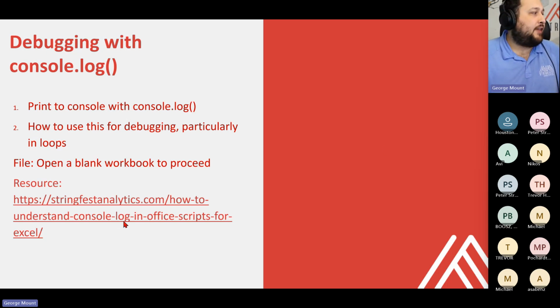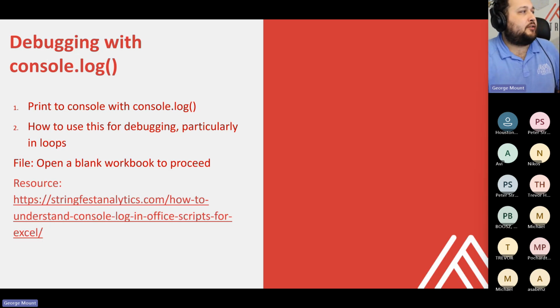Anyway, enough of that. Let's go ahead and dive into console log quickly here, and then we'll close the session. So console log is something we haven't really looked at yet, and this is another element of the Office Scripts environment. What this is going to do is print output out to our console. That might be familiar if you've used a programming language before. So it's not going to actually display in your workbook. You're just going to see it printed out in your console environment.